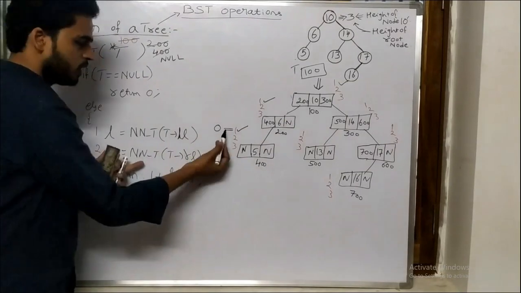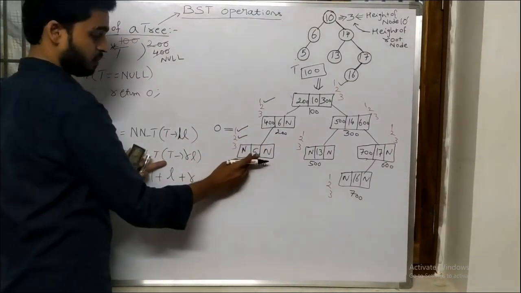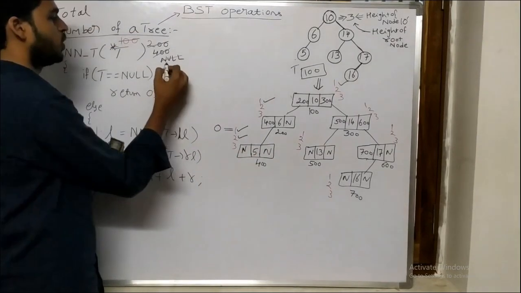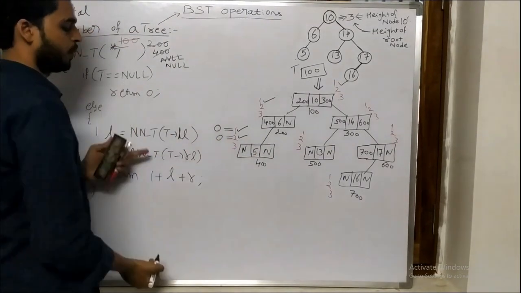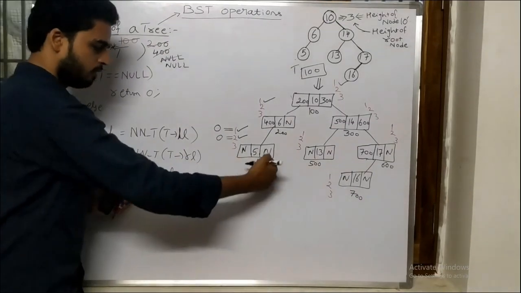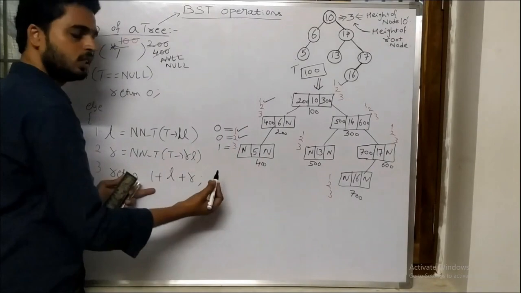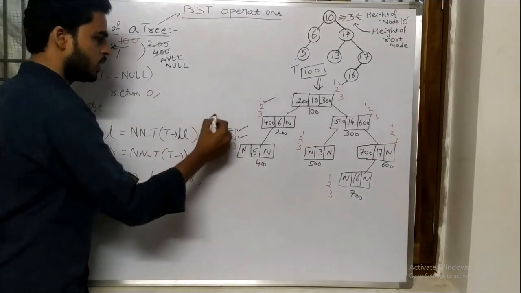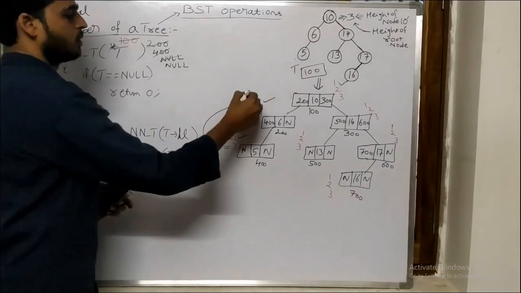Then after successful execution of this statement, it is going to execute this statement, that is t tends to right. That is null. Once again, it is going to pass null. When it is null, it is going to return 0 once again. Then it is going to return 1 plus, meaning the node itself plus these two nodes' values. That is 1 plus 0 plus 0, which is 1. So that value is going to be returned to this particular node. That is 1.